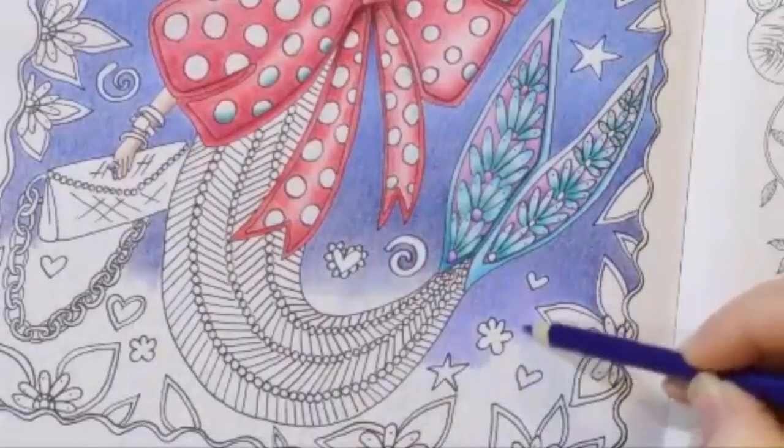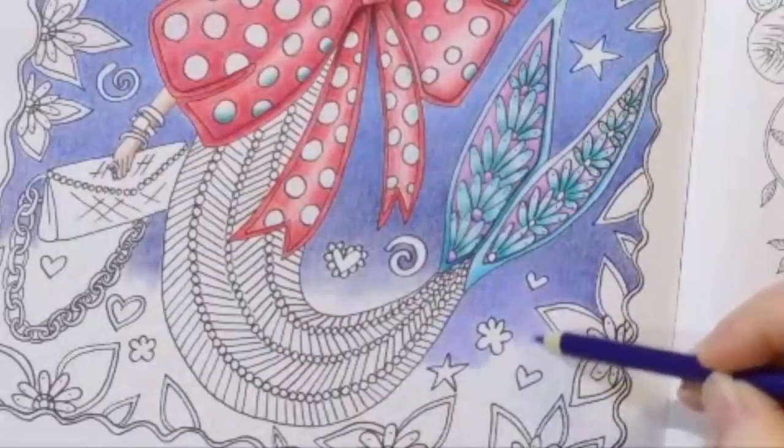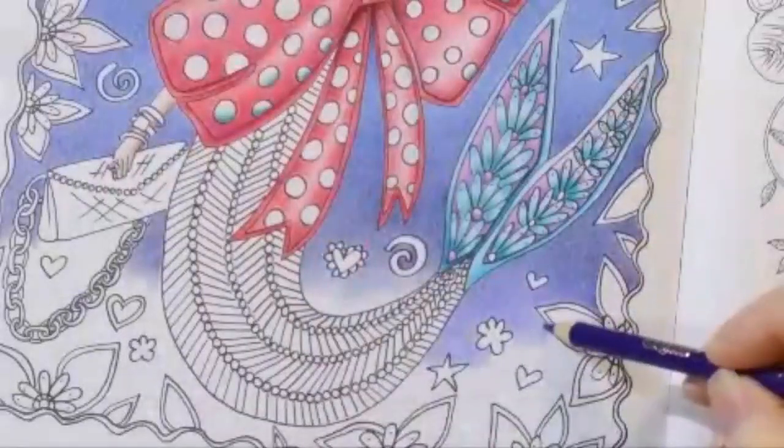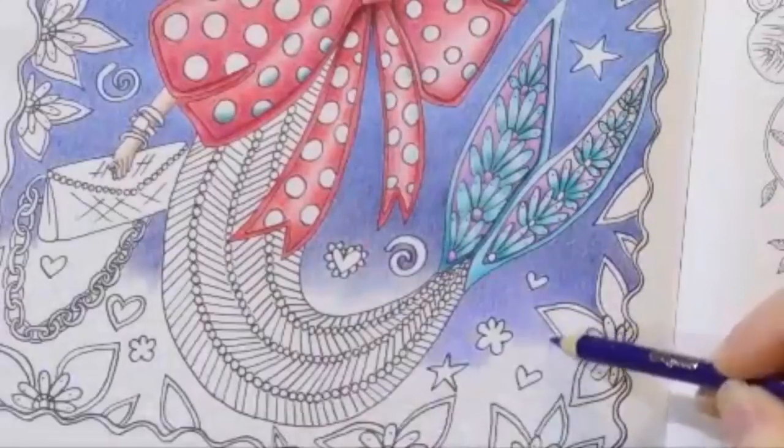I am very tired at the moment because of sleeping issues, but that's okay. I just wanted to get some colour on the paper and see how we went. And I've been itching to do this since last week,